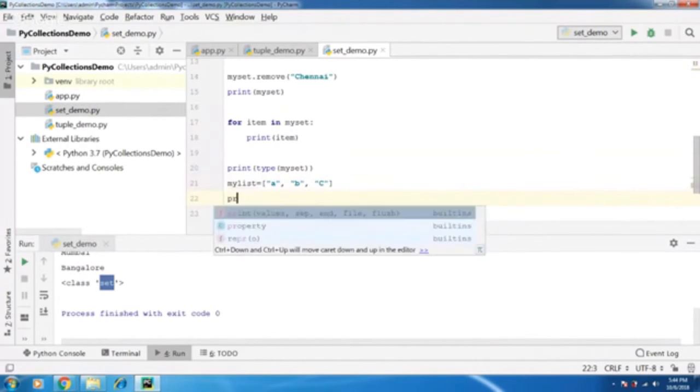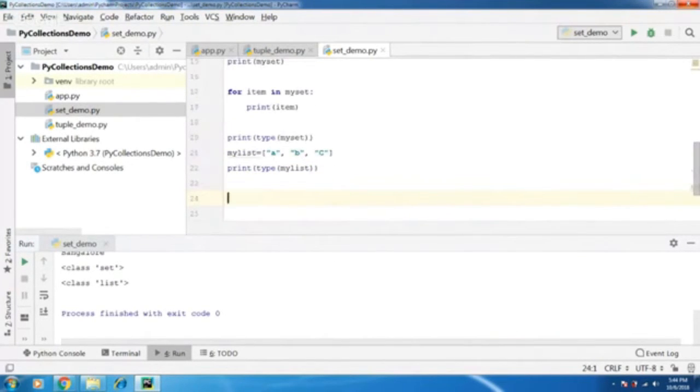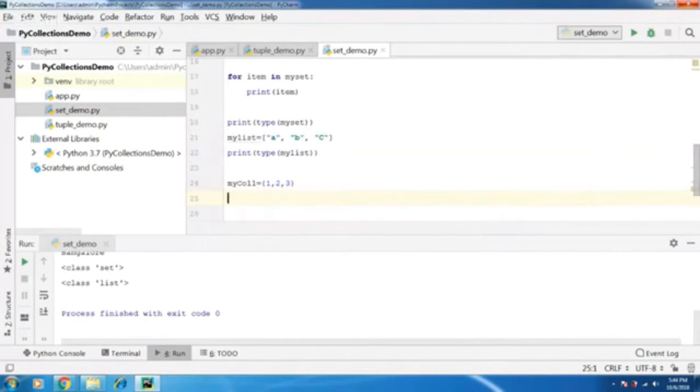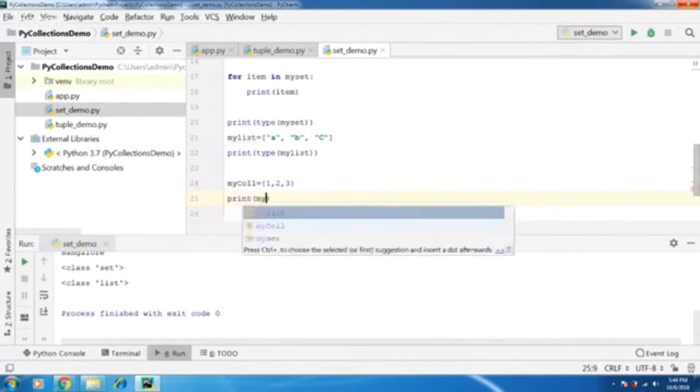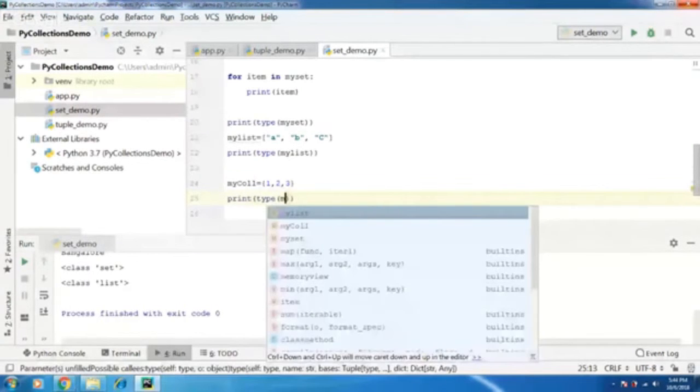So I'll say print type of my list. It says that it's a list. Similarly, a tuple. I can create a tuple called my collection equals, I'll create a tuple of integers, and then I can say print type of my collection, and now it prints